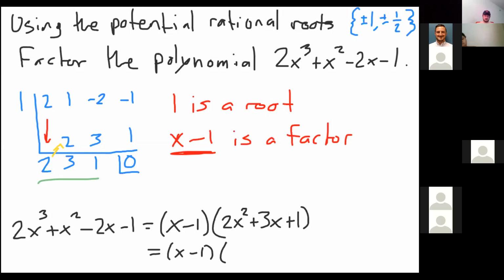determine your factors. But either way, if I tried to factor this, I would have to multiply two x's together. One would have to be a 2x, the other an x, to get that 2x squared. And then I have to figure out what my factors of 1 are. They either have to be both positive 1 or both negative 1, but I have a positive 3 right there in the center. So my only option is for both of those to be positive 1. So that 2x squared plus 3x plus 1 will factor into 2x plus 1 times x plus